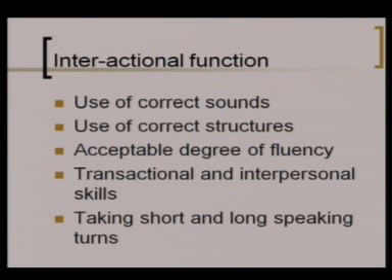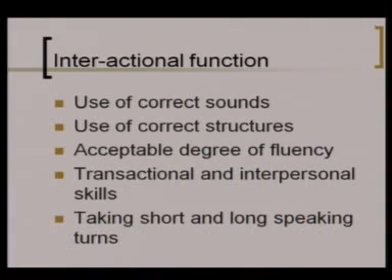Structures, of course, you all know, grammar, the grammatical structures. I need to know grammar. We know that in Hindi, the syntax is loose. I can shift around the words and my meaning may not change. मैं कल वहाँ गया था, कल मैं वहाँ गया था, मैं कल वहाँ. More or less the meaning is the same, but that doesn't happen with English. I went there yesterday. Yesterday I went there is good, but went I yesterday, go there, doesn't make sense. So I need to be careful about the syntax, the grammar.